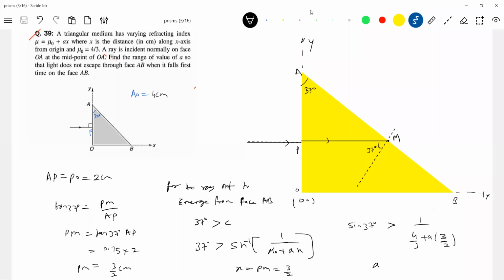Nothing to do. These are some troublesome questions that will be there in the exam. We'll start thinking here and there. If it is not incident normally at AB, then anyway the path length is something related to this one. So not a big idea, that's what I feel. I too thought this, and something started working.